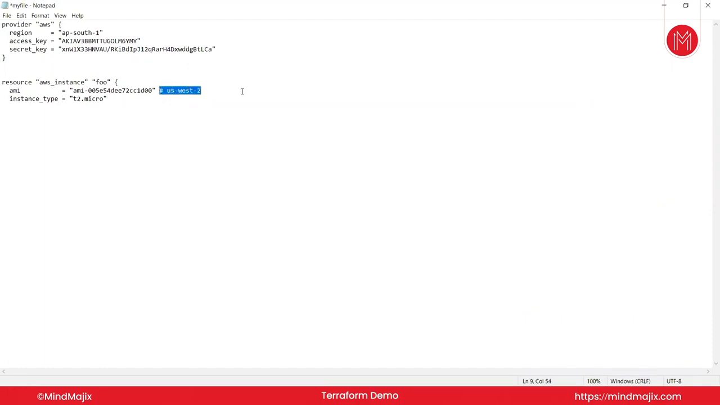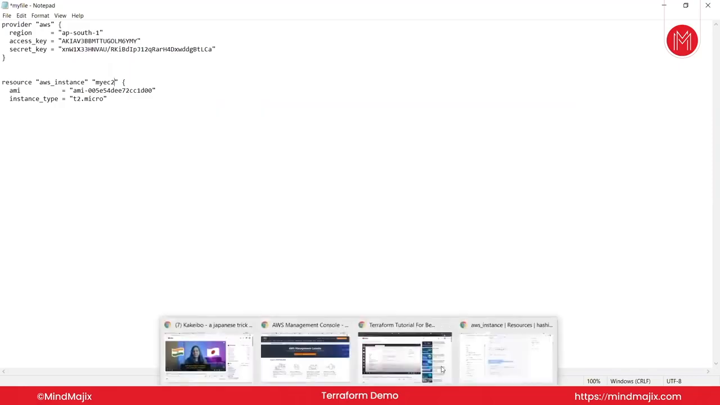So this hash, let's just remove this. And now instead of this, you can write whatever you want here. So my EC2 AWS instance. And for this AMI part, what you have to do is go to the